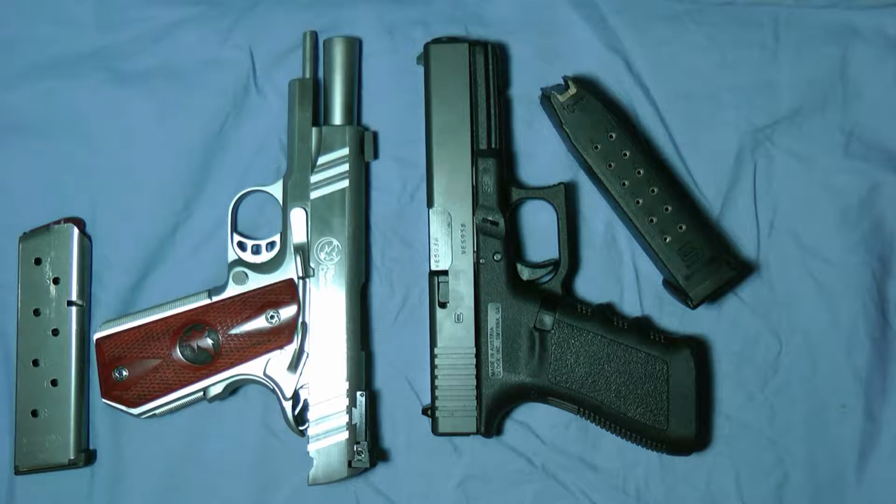The second one I want to go ahead and start on is the Nighthawk Custom. Now, I'm just bringing a Nighthawk Custom just to say 1911. It doesn't really matter which 1911 you get. They all basically have the same kind of